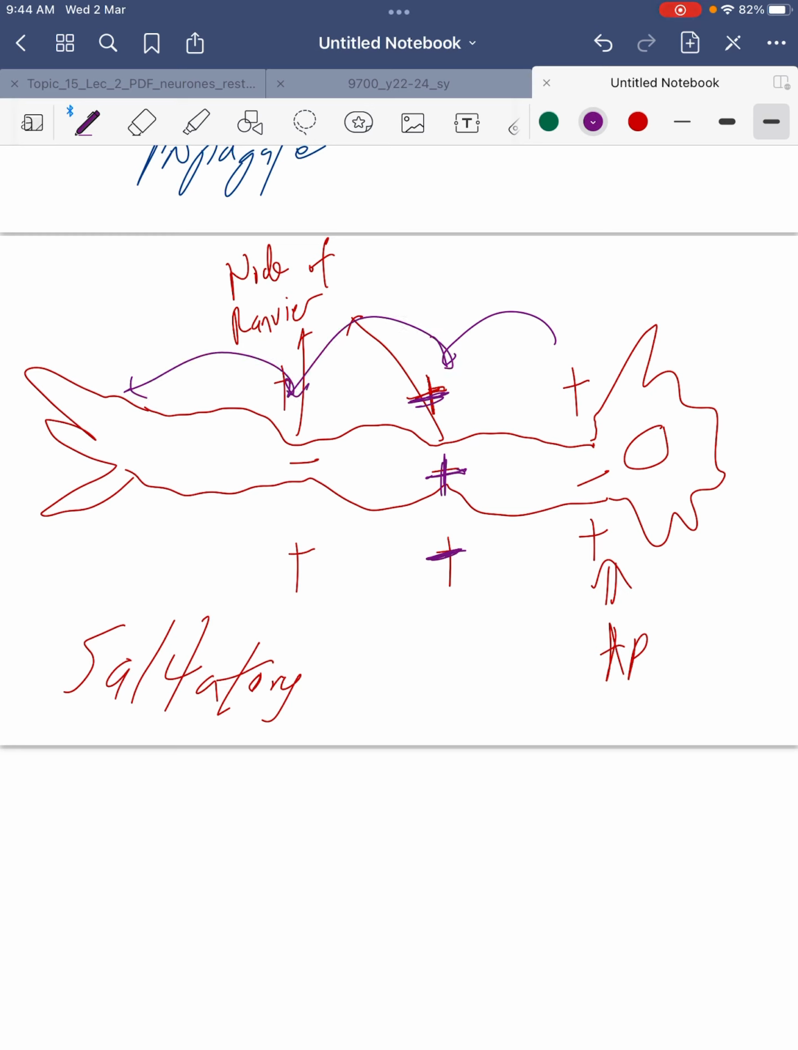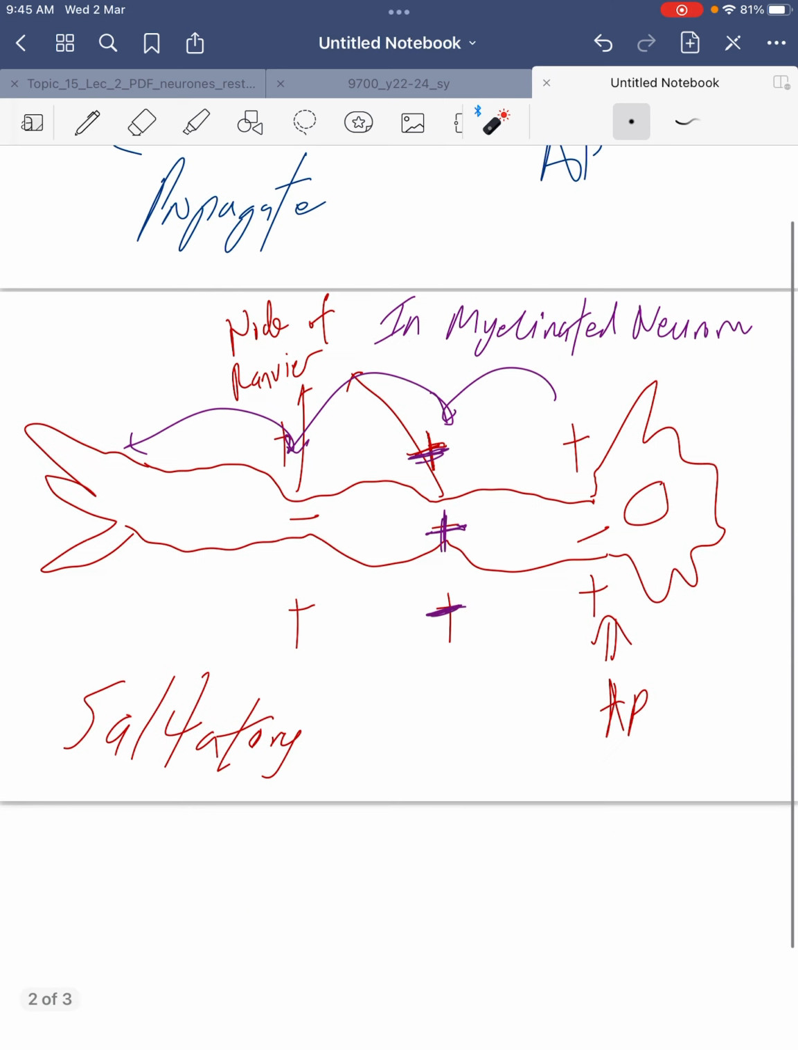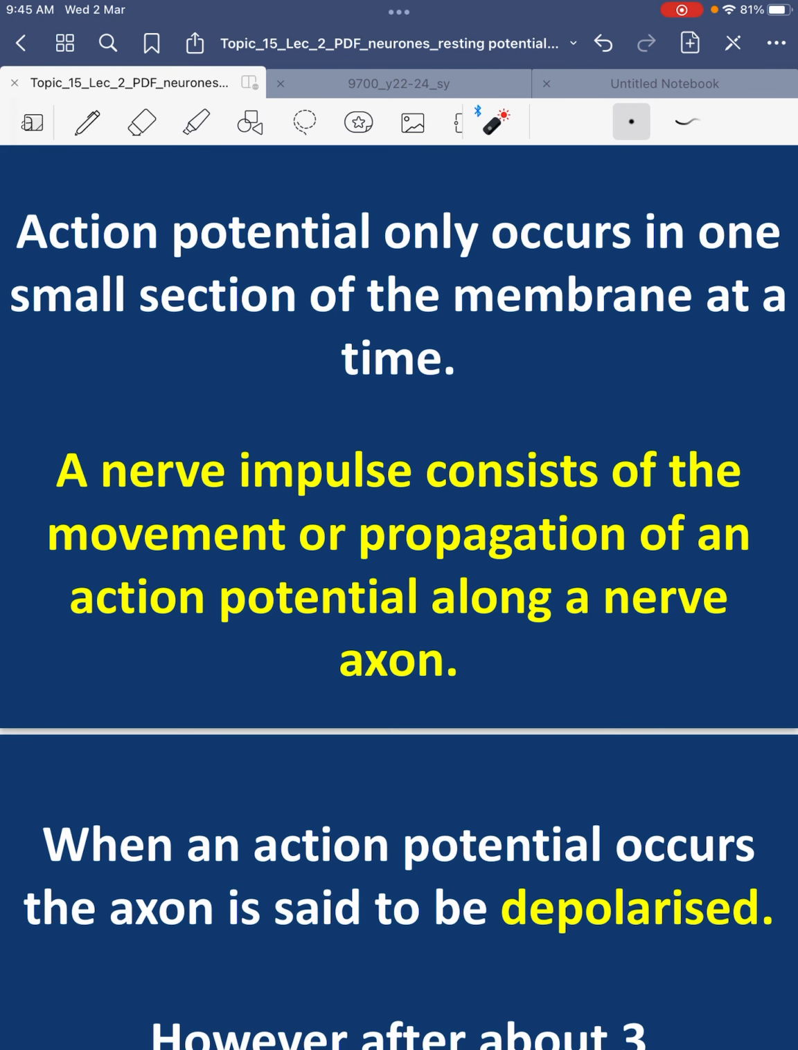Okay, so this is in myelinated neuron. In non-myelinated, it has to go through all the regions until it reaches the end of the neuron, and then connects to another neuron until it reaches the effector. Whereas in myelinated neuron, it will jump from one node to the next node. Okay, from one node to the next node. So that's the meaning of